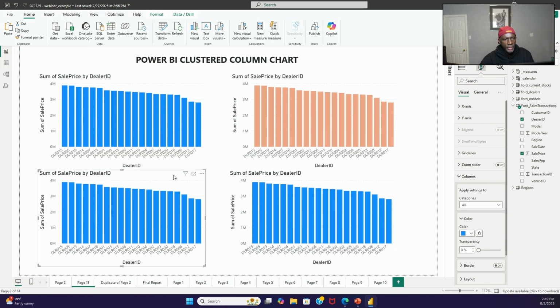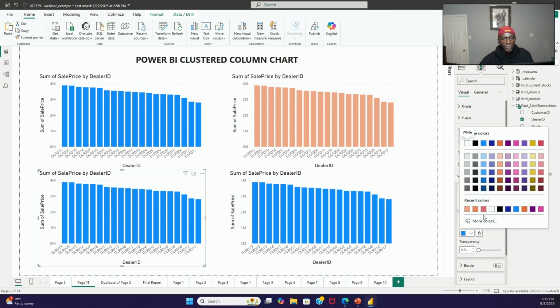Now, as you can see, when I made that change to orange, then I went to the same visual type, which was another clustered column chart. It kept me in the visualizations pane under format in the exact same area,